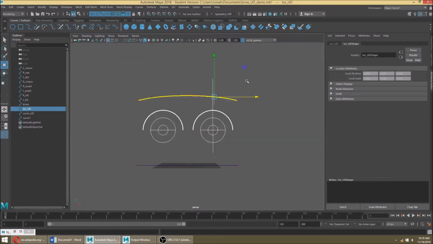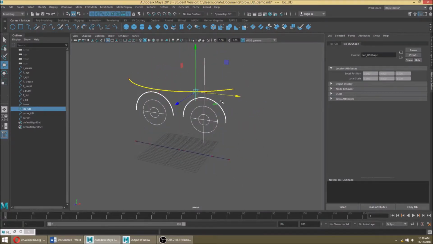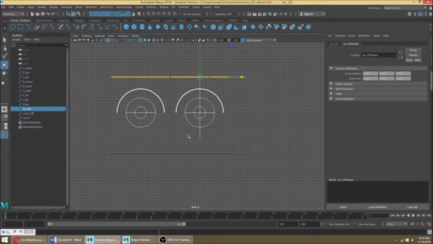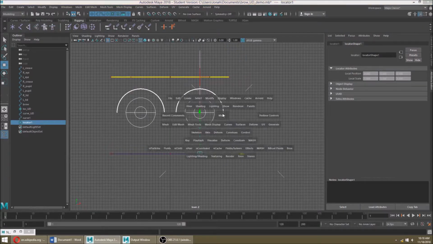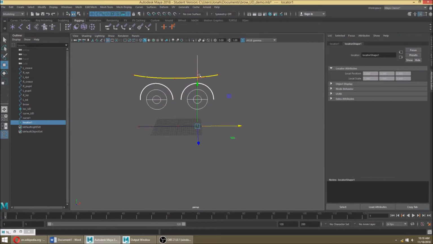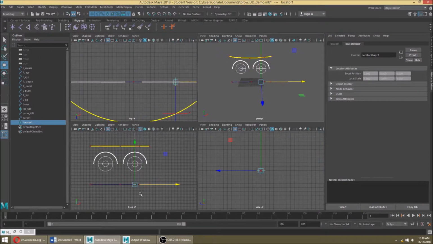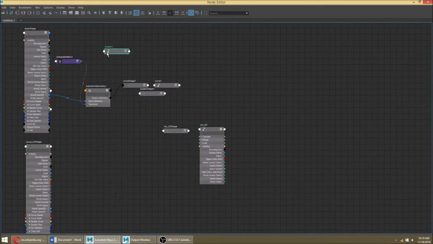So now we want to find the corresponding point on this curve that would be associated with this locator, or more specifically with this x position. So we're going to create a locator, move it right here, so it's at the same point on this lower curve as this locator is on the upper curve. Then we're going to take this locator,